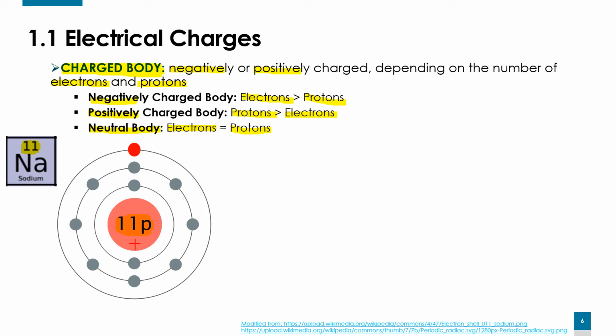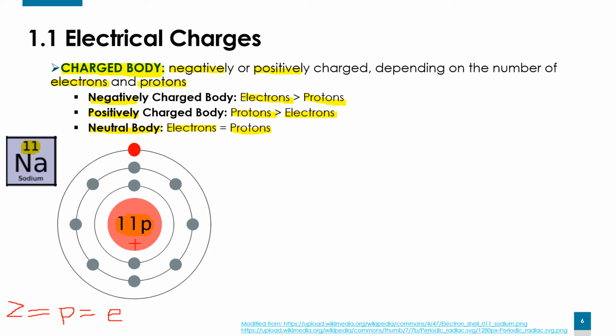What about the electrons? How many electrons do I have here? The same, from the periodic table. Remember, the atomic number is the same as the proton number and is the same as the electron number. Remember this from a long time ago. So if I have 11 protons, I also have 11 electrons. Where are the electrons? In the electrosphere.